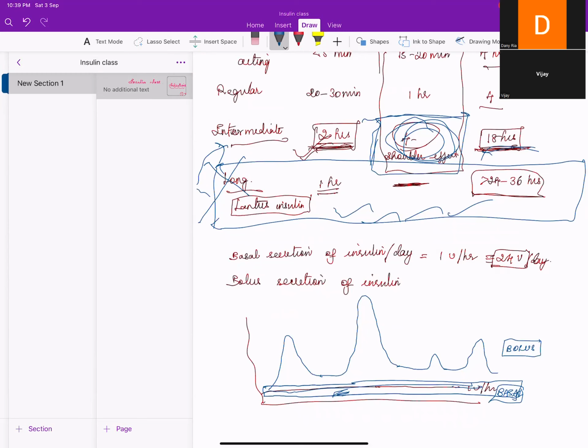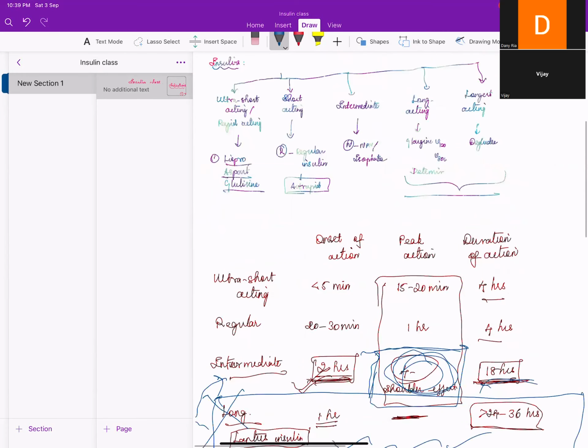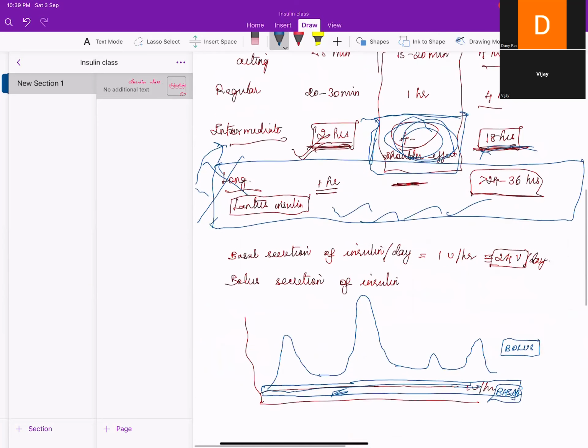You would have heard the term that midnight sweating is more suggestive of nocturnal hypoglycemia. This is because of the shoulder effect. So 2 to 4 hours is the time when there's a peak effect of N-insulin where they go for hypoglycemia. To prevent this only, at night time you have to take a snack. So till now we have discussed the indications for insulin, the classifications of insulin, the basal